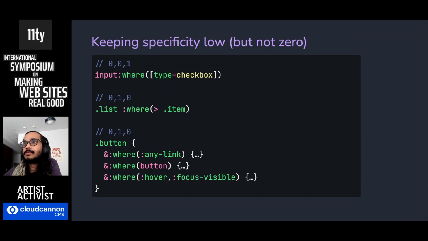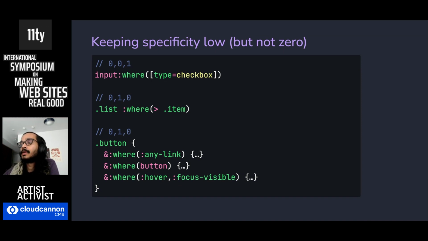0 is fine for resets, but I would actually suggest coming up with a desired specificity for all your other styles. So you might want your global style to be no higher than 0-0-1. And you can still use longer selectors there while restricting the specificity. The point here is you can control the specificity while not having any restrictions on how you're writing your CSS.